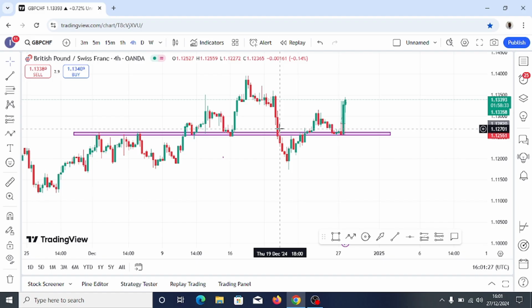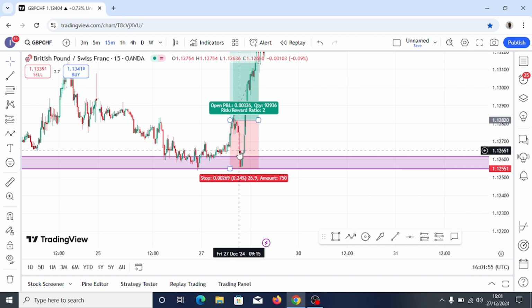On the 1-hour time frame, you can see that the market created a kind of double bottom, but you can see it clearly on the 15-minute time frame, right? So let's see our 15-minute time frame. When you see this 15-minute time frame, you can see that a clear head and shoulders pattern is there. Let's say this is the left shoulder, this is the head, another one,